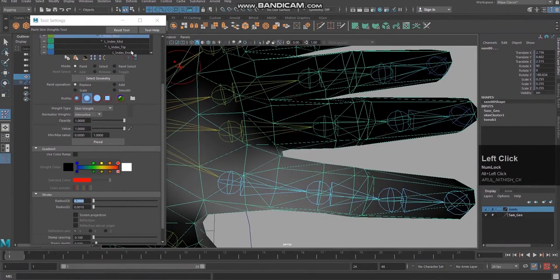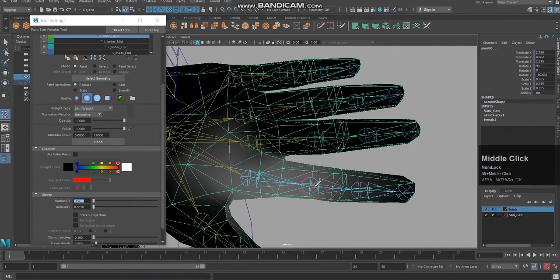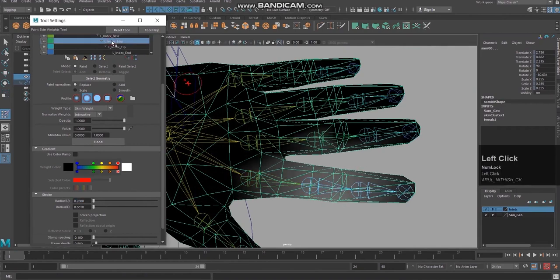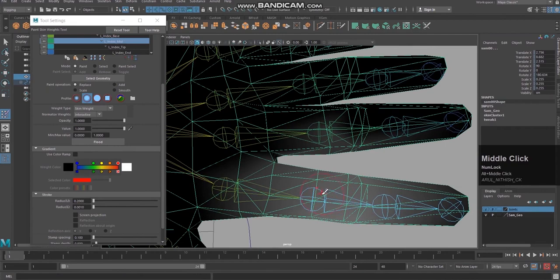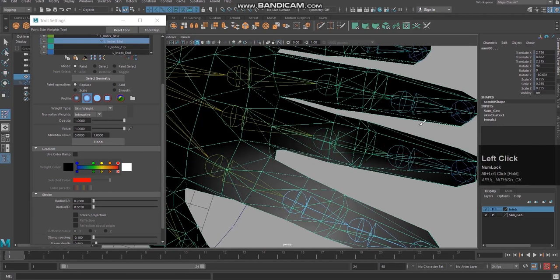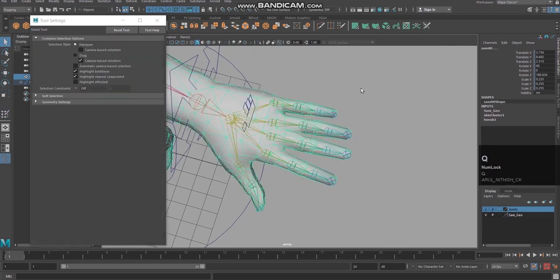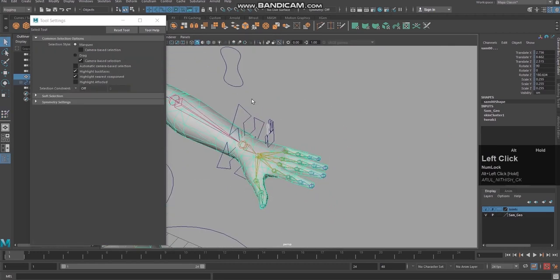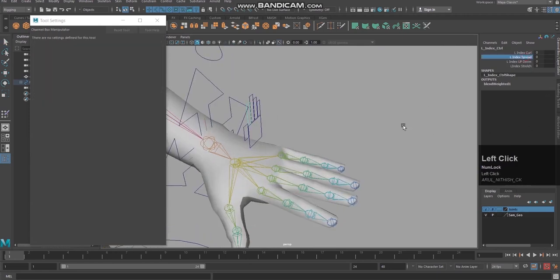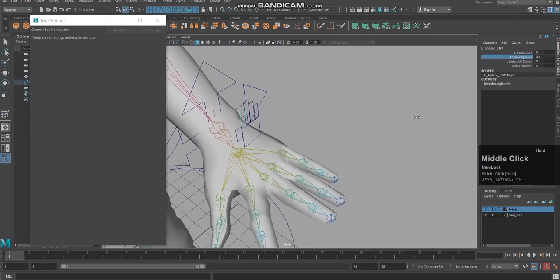Now I am going to select this joint, which is called the index mid joint. See, again this mid joint is having some white color influence here. That is the reason when we are moving the spread, you can see the difference now. Previously this area was also tearing off.